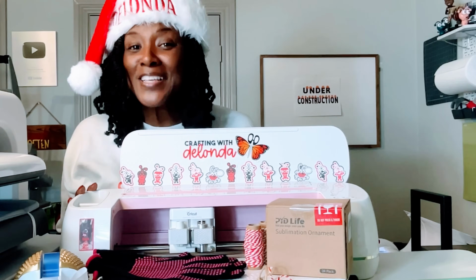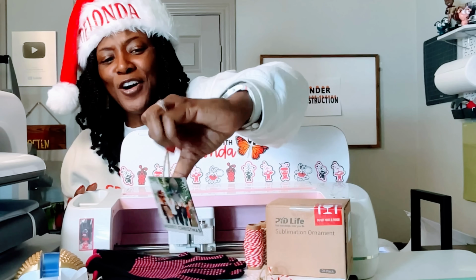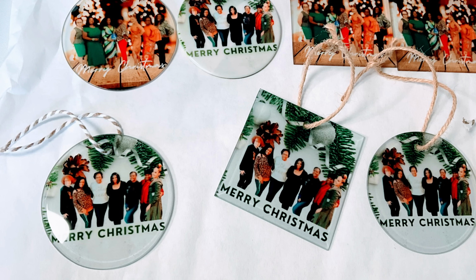We will be using the free version of Canva to kind of jazz up our photos and make beautifully sublimated